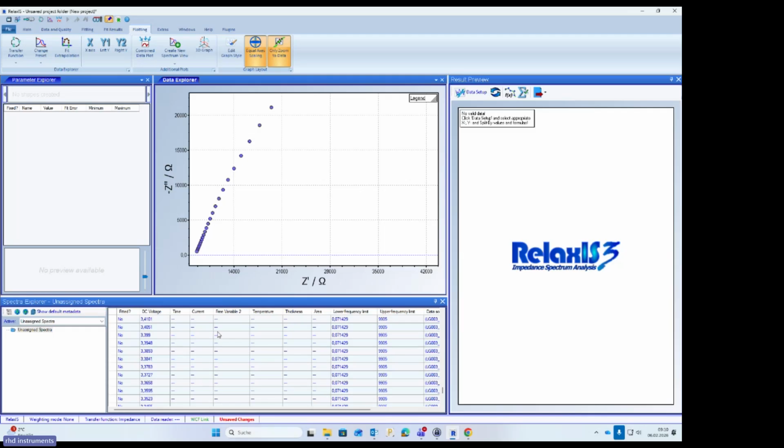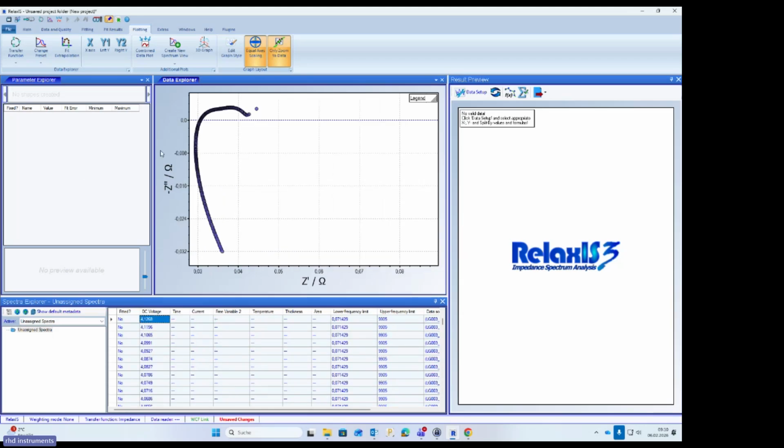However, typically loading data is not the most difficult part, but it's quite convenient in RelaxIS. This is why I wanted to show you this. And the first part that I want to go through together with you is what different plotting options we have in RelaxIS. So if you go, for instance, here to this battery data set, you see typically when